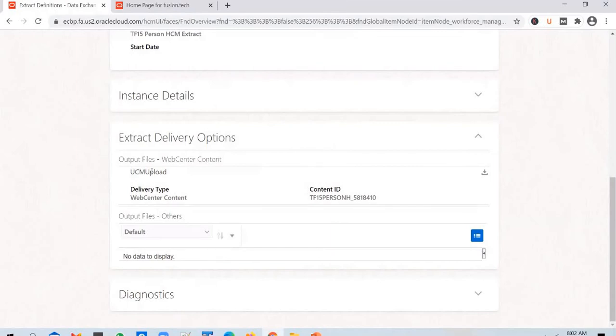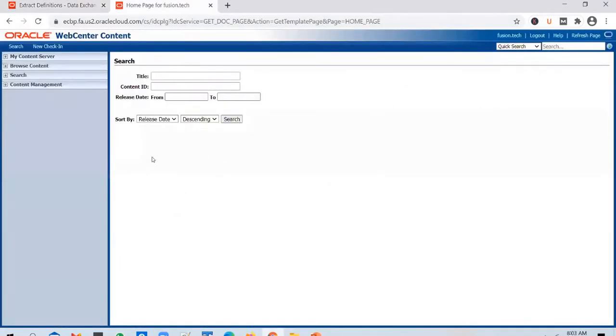We have selected an option to upload the file to UCM. And what HCM extract did is, yes, it did upload. So it generated an XML output and it uploaded the file to UCM as well, or WCC. And whenever you load a new file, say for example, whenever you create a new file in UCM, if you want to add a new file, what do